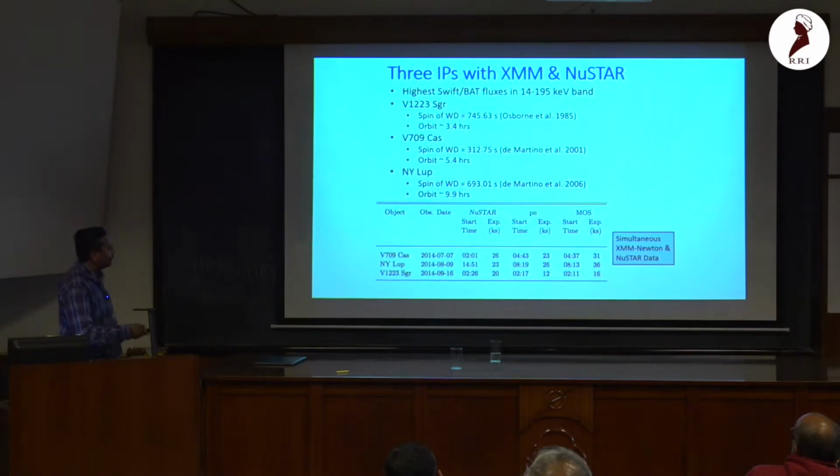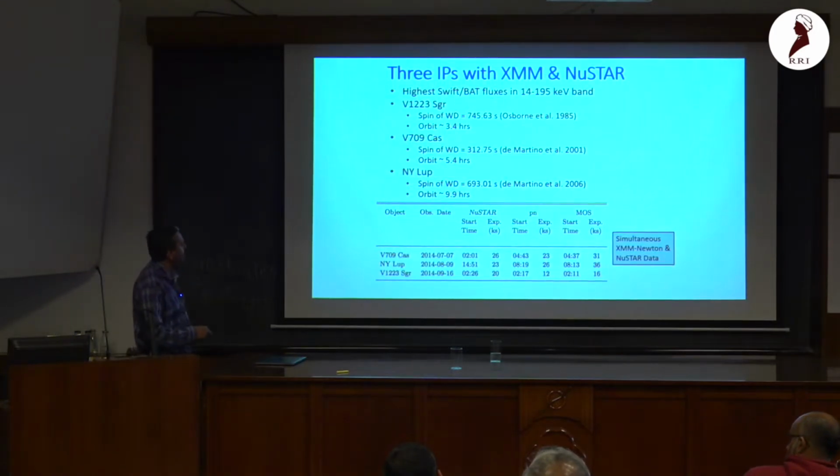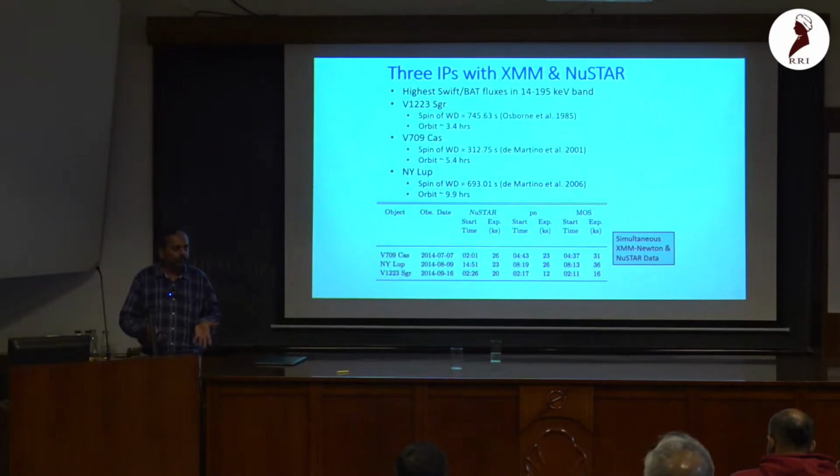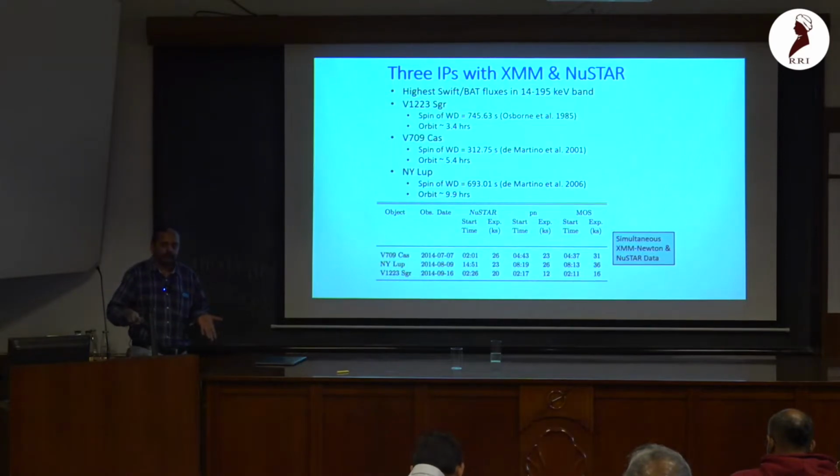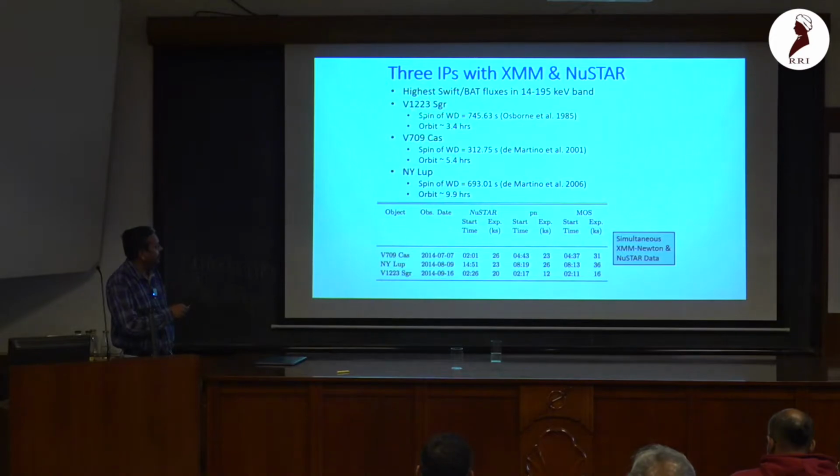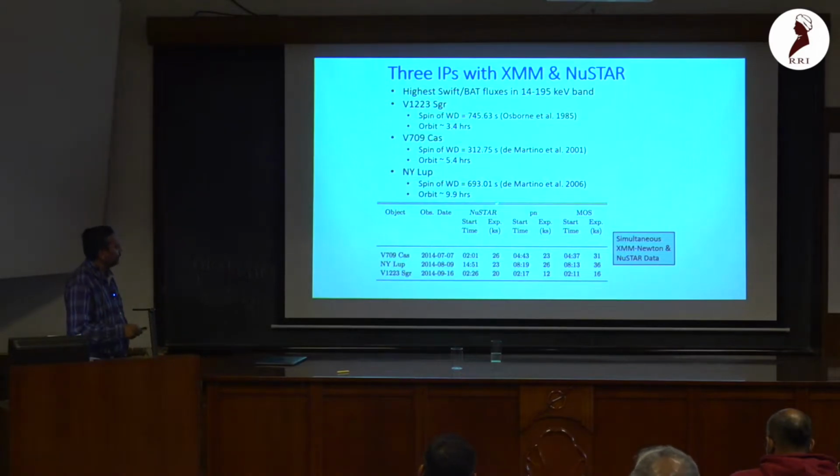Okay, so with that goal in mind, as Vishwit mentioned in the morning, we are studying different individual sources and then trying to collectively give some idea about the class of the sources. So we started with observing three sources. These are of the intermediate polar category, so they have a partial accretion disk, and they were observed simultaneously with XMM-Newton and NuSTAR. I won't go into the detail of this data or the observations, but